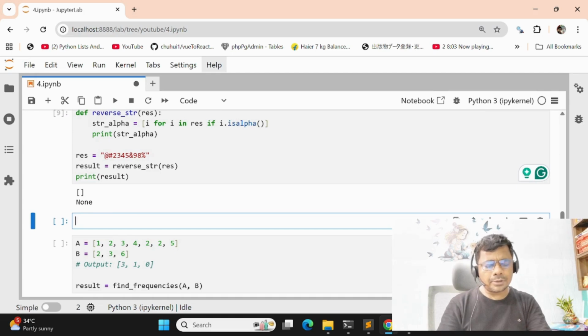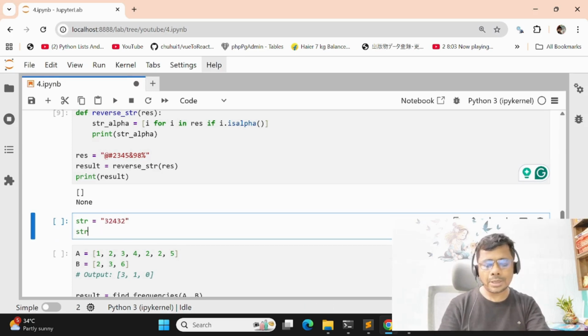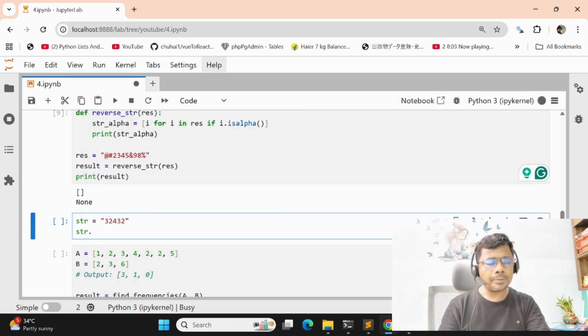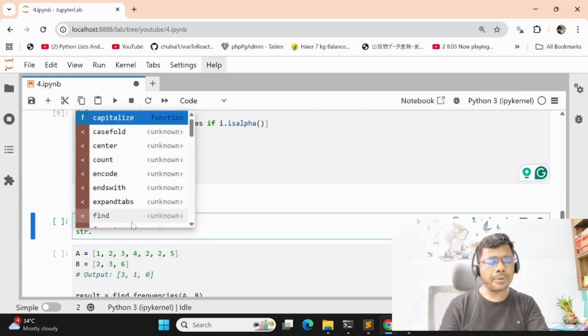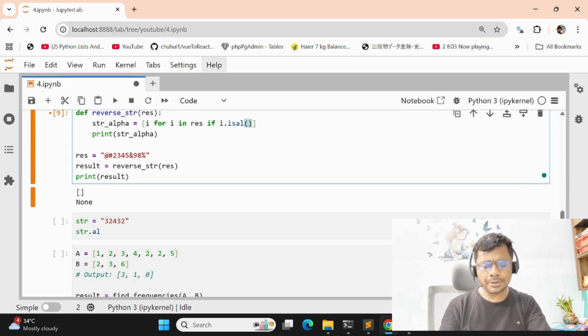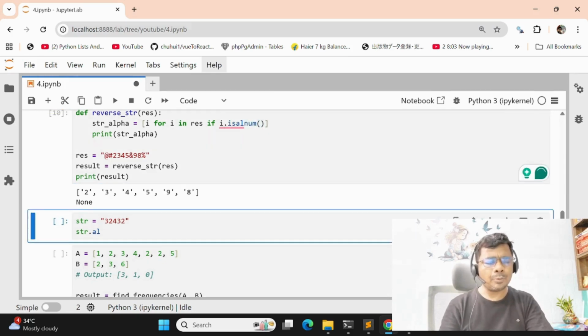Suppose we define str, then change the method to isalnum. Then the output will return only alphanumeric characters, or integers, you can say.